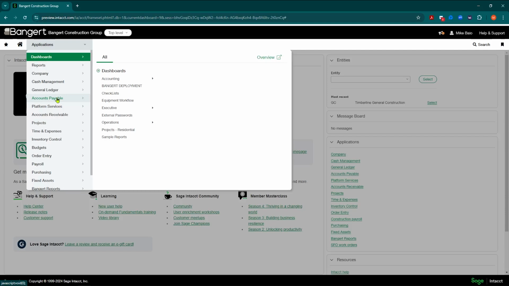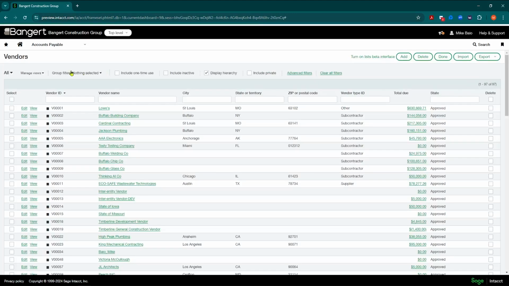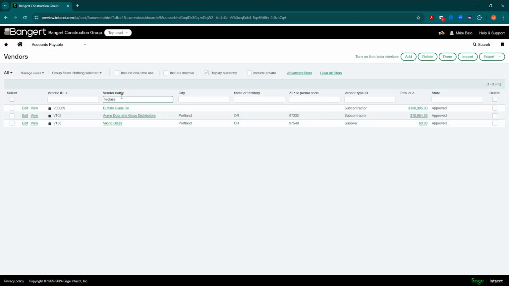You'll have different places where you can try to turn these on, but the one we'll talk about today is right in the vendor screen. So traditionally, if you want to make a custom view, change your filters, you have to filter in here. If you want to show every vendor that has the name glass in it, you'd have to put a % and then glass in front of it and then get all your glasses.